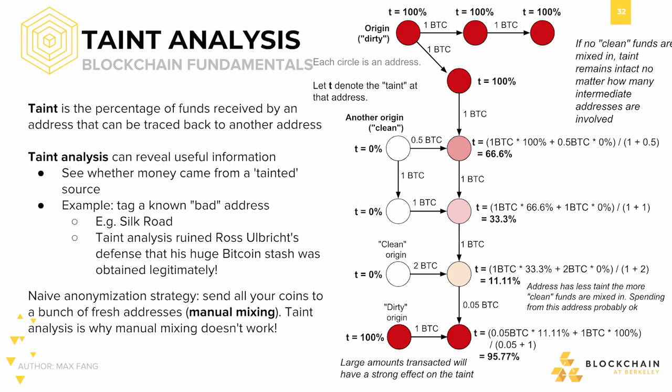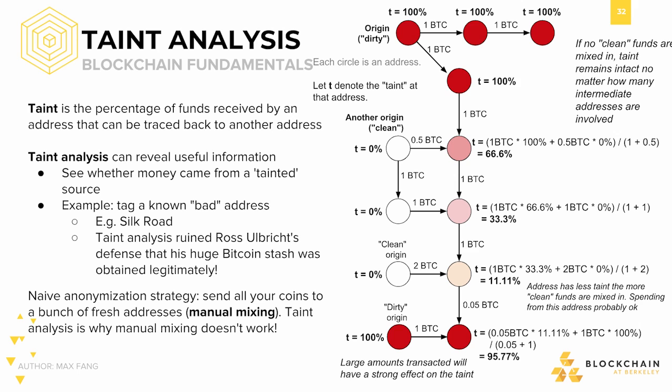Taint analysis is one way of easily tracing the movement of funds through the Bitcoin network. Taint analysis allows one to tag a bad address and trace its associated activity. It was this type of strategy that ruined Ross Ulbricht's defense by demonstrating that a majority of his funds originated from suspicious origins. As seen in the diagram, each of the red circles at the top represents an address with